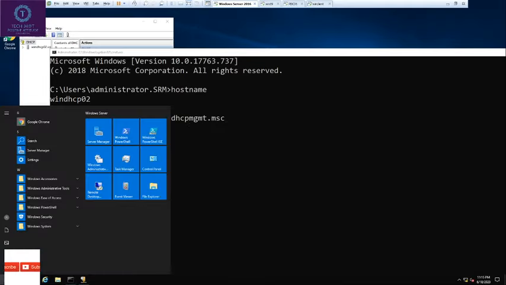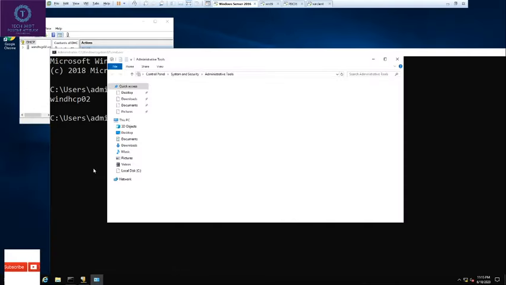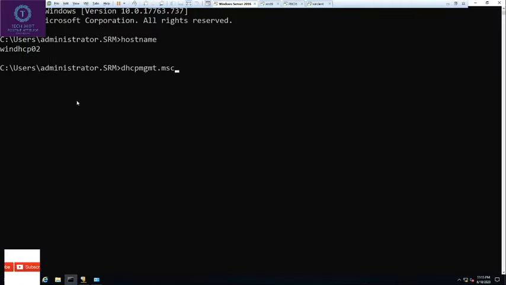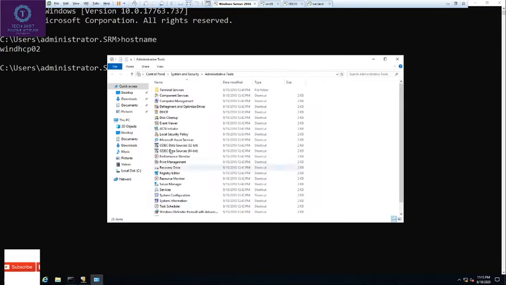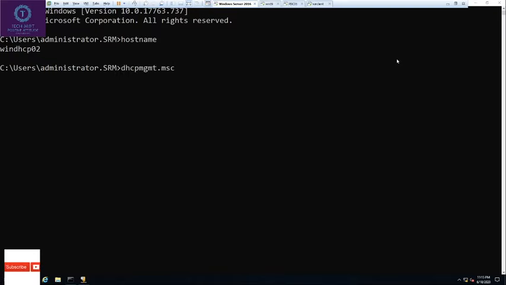Or you can go to start, go to administrative Windows. Here you can see option DHCP. If you double click on DHCP console will get open.